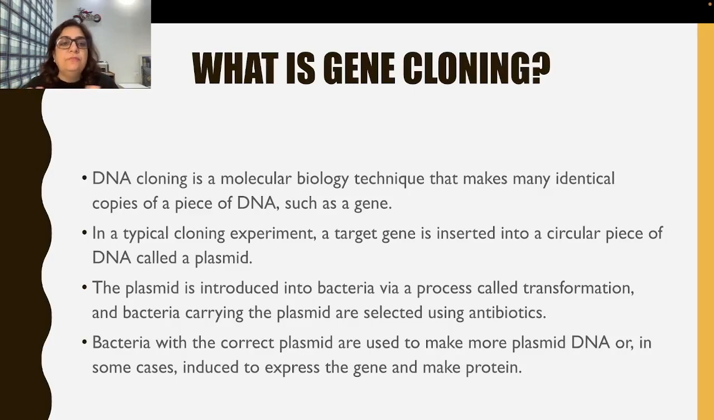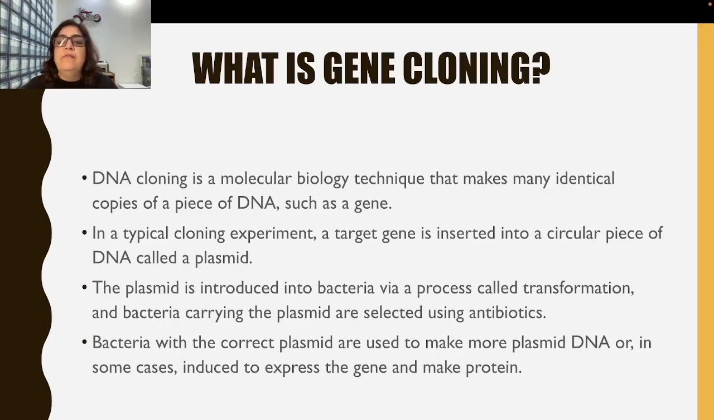Those two different sources may be one from a plant, other from an animal, or one from a plant, other from a bacteria. So we can combine DNA from these two different sources, and then we can insert that DNA into a circular piece of DNA called plasmid. Plasmid is a vector DNA, and once we introduce foreign DNA into our plasmid, it is introduced into